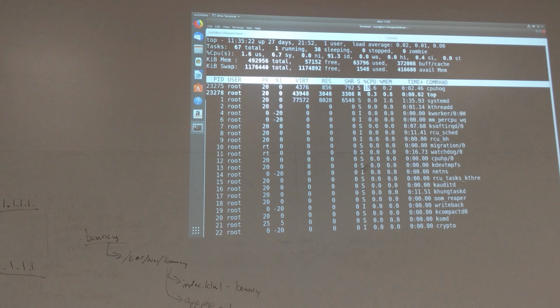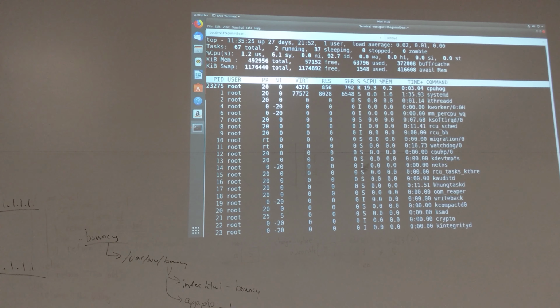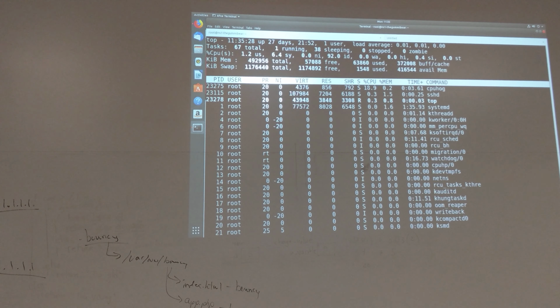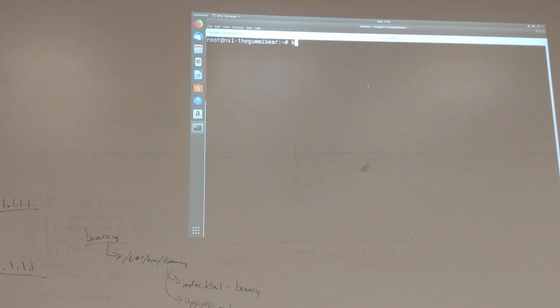So we want it to run around whatever percent I said in the assignment, like 10%. So it looks like it's too high. So the idea here is we'll kill all CPU hog, and then